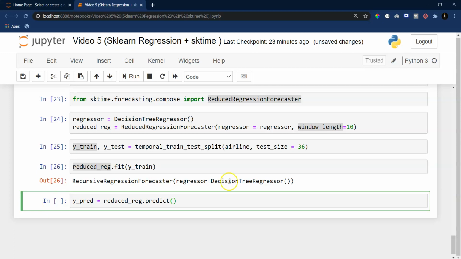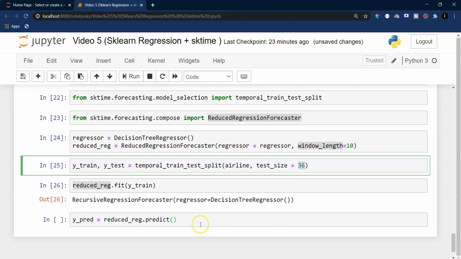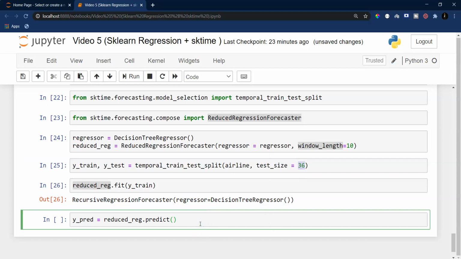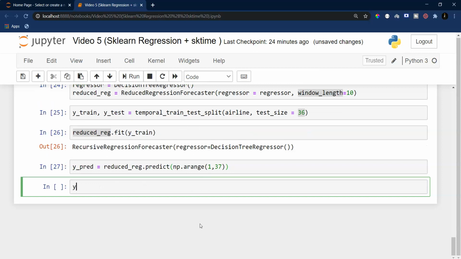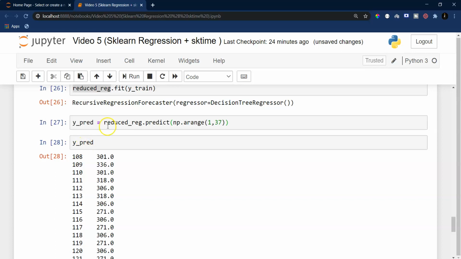Since we held out the latest 36 months, we will have a forecasting horizon of length 36 only. Let me use numpy for this, np.arange 1 to 37, I guess. Yes, so now we have a forecasting horizon. Let me hit enter so I can look at the prediction. Yes, so we are having these predictions.